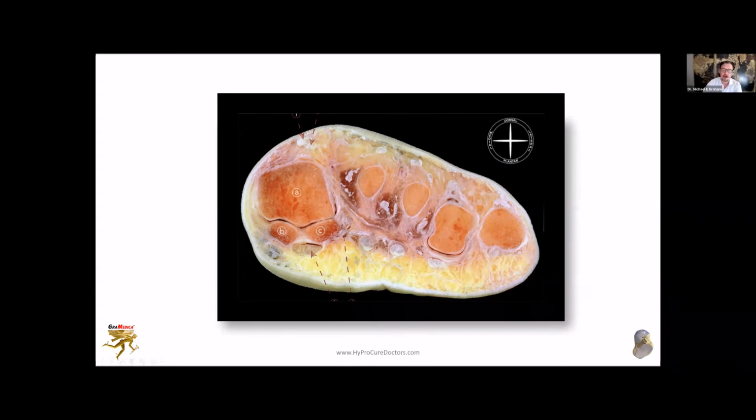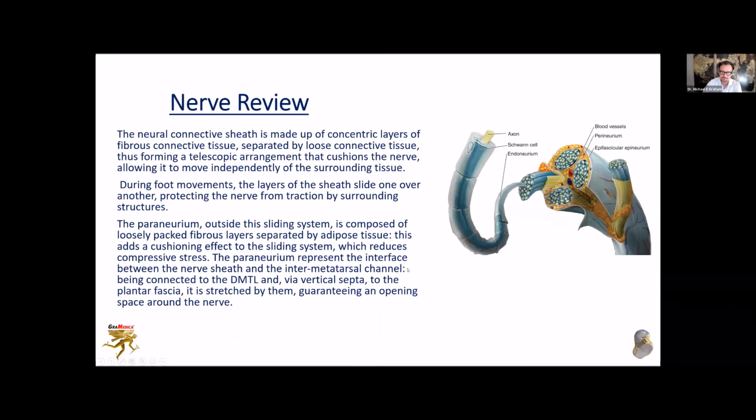But the medial column of the foot has motion. So the medial column pronates and supinates on the lateral column. And so if we have excessive medial column motion, then that can lead to strain and trauma within that third metatarsal space. Now, let's go back, and I'm not going to do a deep dive into nerves, but it's really